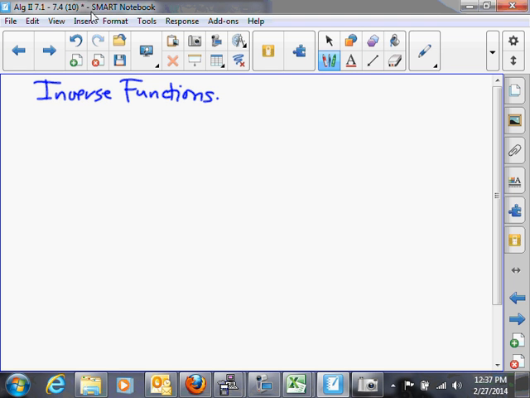You might say that inverses put the fun back in functions. No, never mind. Anyway,